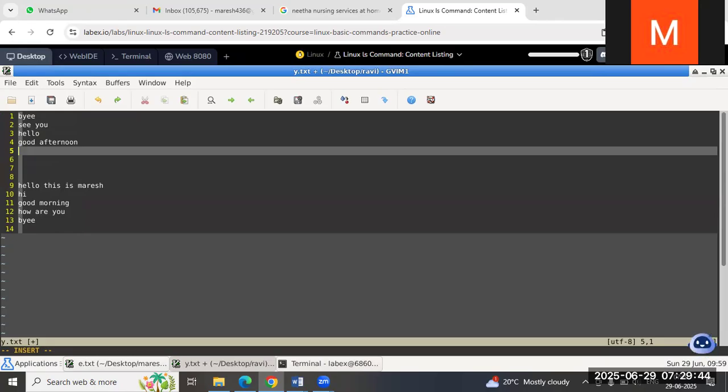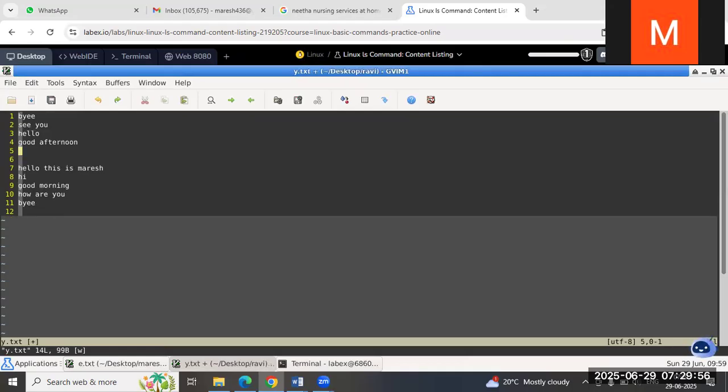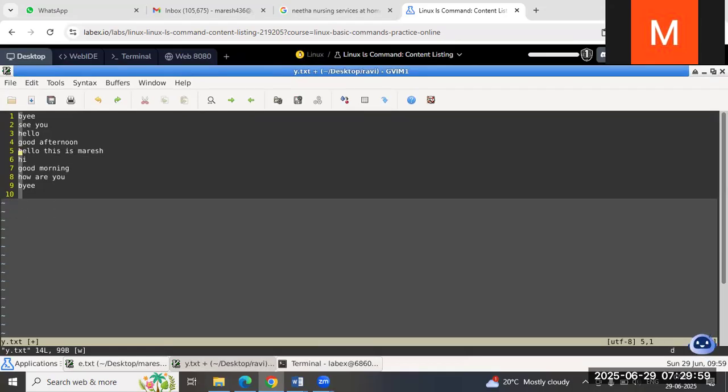Now, if we want to get out from the insert mode, just press escape. Escape and colon W. It gets saved. So now if you want to delete, you just press DD, double D. Whatever the empty lines, if you want to delete, you have to press DD. So that this entire thing gets deleted. Only DD will delete only a single line. Okay, right. So if I want to save it, escape colon W,